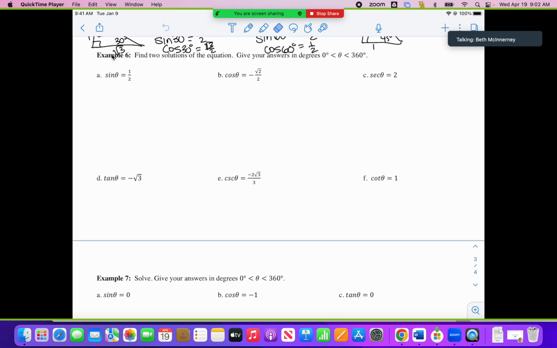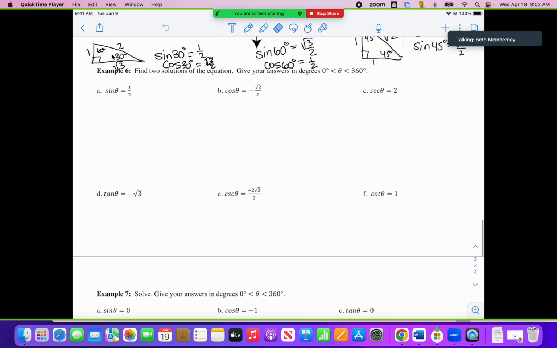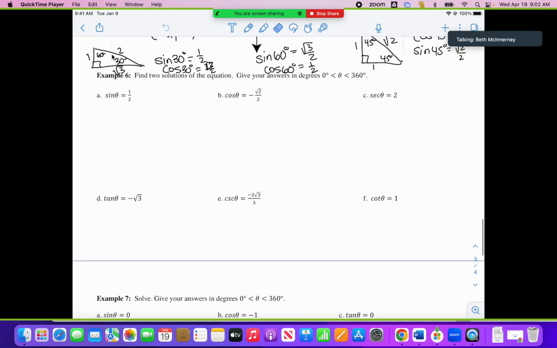It says find two solutions and give your answers in degrees from 0 to 360 degrees. It says sine theta equals 1/2. So here's what I would like you to do. We can do this somewhere below, A, B, and C. I would like you to sketch